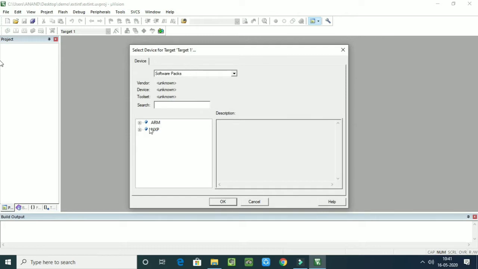So expand NXP, then LPC1700 series, then LPC176X, then LPC1768.